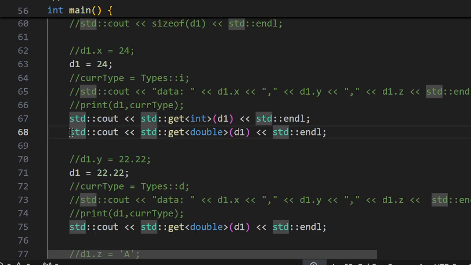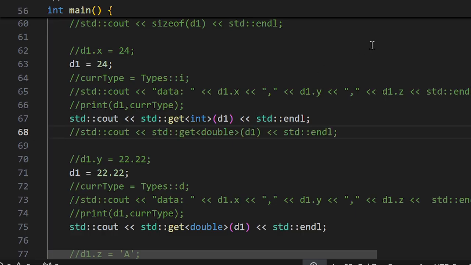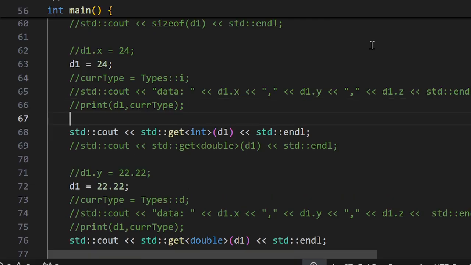I will discuss a different way of handling this situation. You want to make sure that it is integer type before you actually use this get function for integer type, right? So for that you can use one function which is called